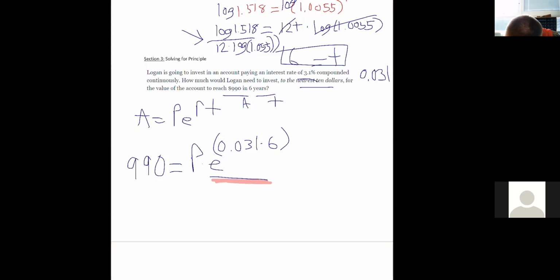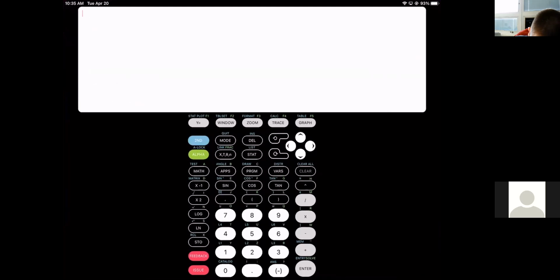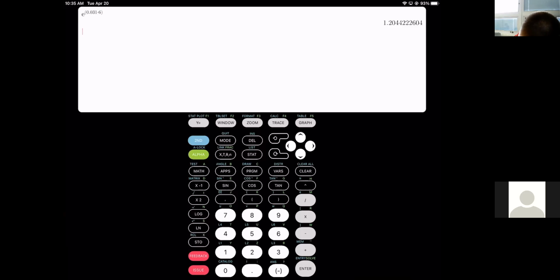So we have E to the 0.031 times 6. So we'll just go to our calculator. Remember, to do E, you do second ln, your natural log. Like I said, you probably want to put parentheses when you have multiple things, or you just want to multiply it together first and then plug it in. 0.031 times 6 is approximately